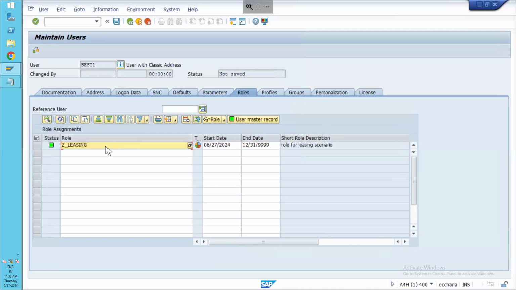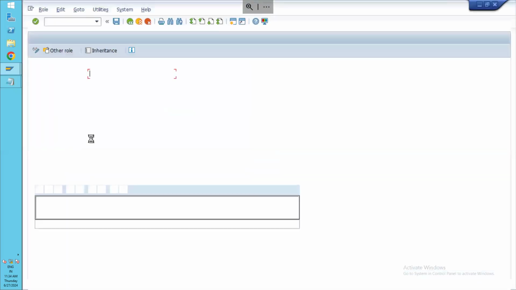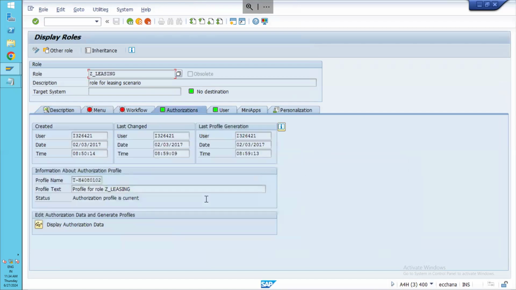If I assign this role, you can see a green mark, which means the user master record is completed and this role is properly generated. This is the single role. If I save this record, whatever access this role has, only that access can be performed by the user in real time. Apart from this role, let's say I open this role, it's in the advanced stage. If I open this role and go to this authorization tab,